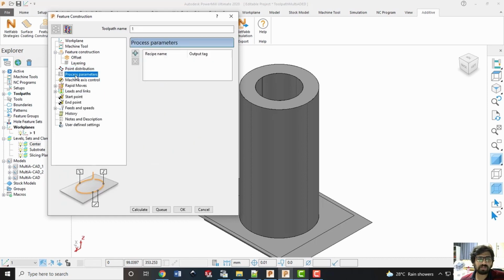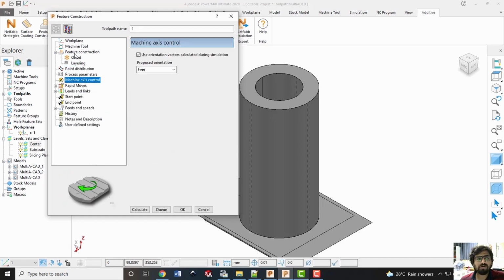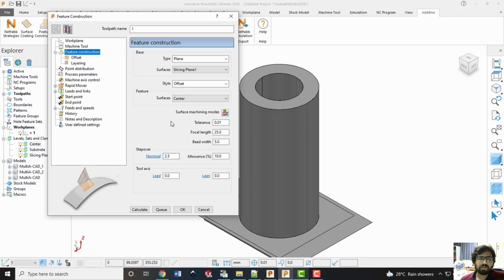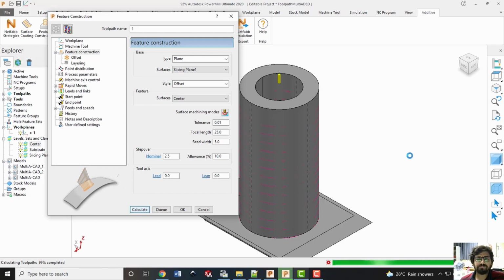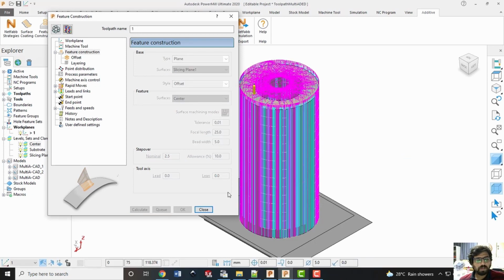Rest of the options I'm not changing right now, but we can further explore to learn about the other options as well. Once I say calculate, it will take a few seconds to create the toolpath, as you are seeing here. So the toolpath has been created.